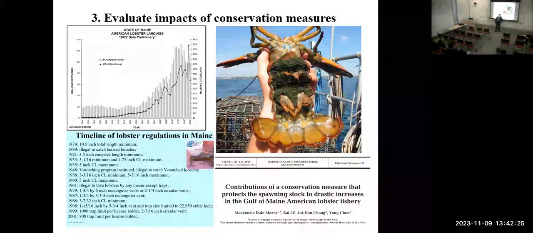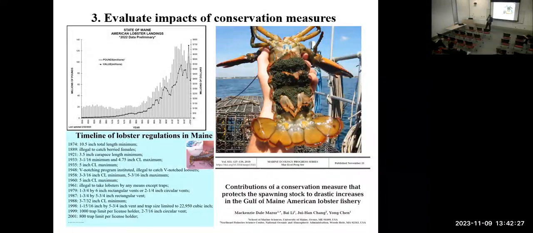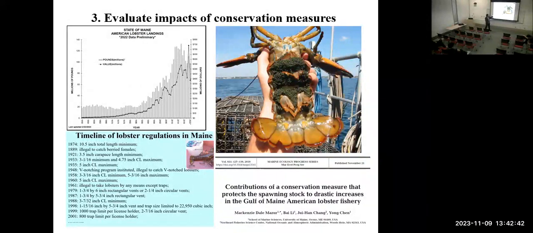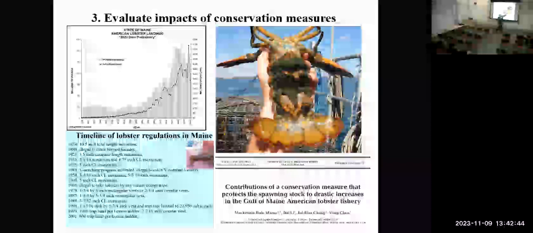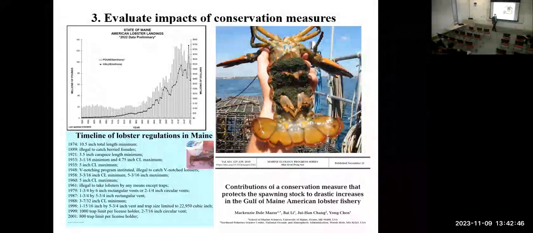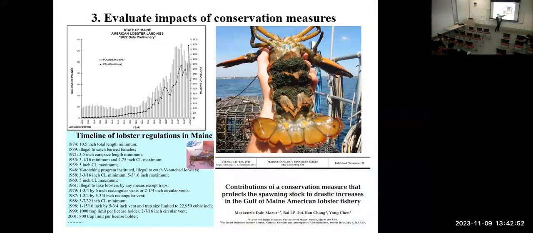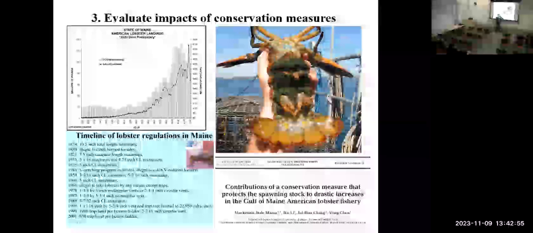And so when fishermen catch an egg-bearing lobster, there are a lot of eggs here, and you cannot land them. You have to let them go. But before you let them go, you have to give them a V-notch, right? And that V-notch can survive two molts. The bigger ones probably don't molt every year. They probably molt every few years, but the notch can survive two molts. So after the molt you still see this sign here, after molt two you probably still see that. But after two molts, it probably disappears.